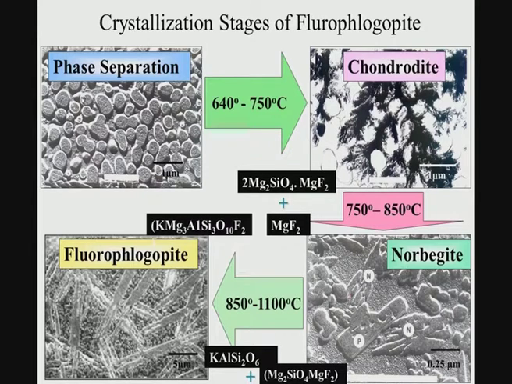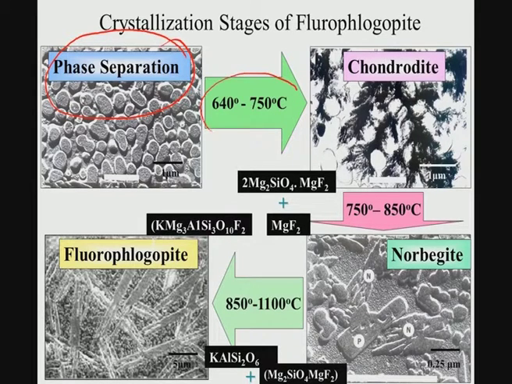Now, to substantiate my statement made a few minutes ago, it is indeed possible through the heat treatment procedure to have different crystal morphology, distributed in different manners in these glass ceramic materials, and this has been shown here. This is the case of fluorophlogopite mica based glass ceramics. The first stage, as shown, is the phase separation. Phase separation means that is prior to the nucleation of the crystals.